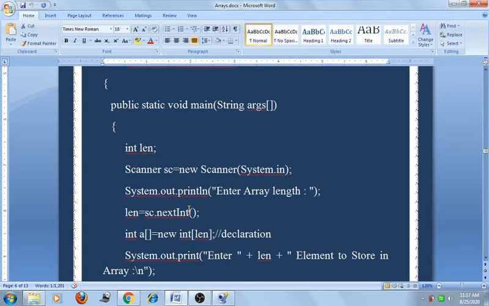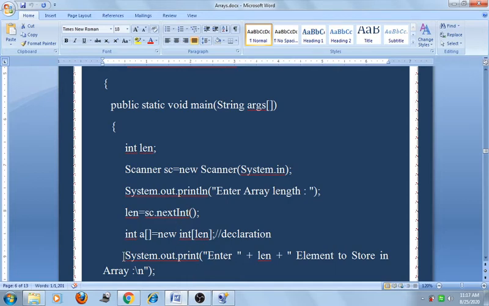So friend, you note that when we give input to the Scanner class or any class in Java, the input will be taken in string format or character format. We convert that format into the numeric type with the help of the nextInt method.